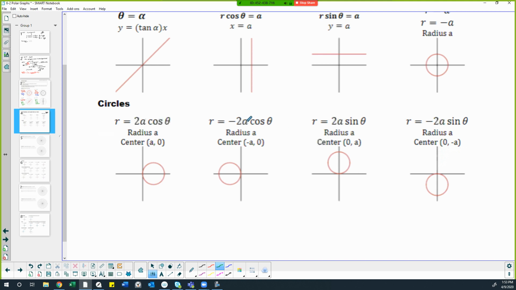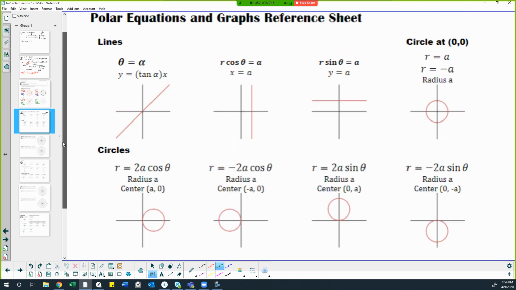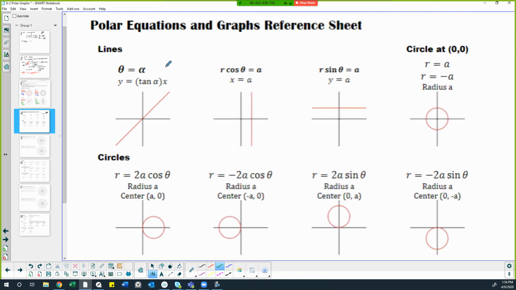Notice that if it's cosine, the circle is centered to the left or right, and if it's sine, the circle is centered up or down. And you would take the number in front and divide it by 2, and that gives you the radius. So just some things to watch for as you're doing the assignment. But we just went over some of these really, really basic ones. Okay, this video has already ended up way